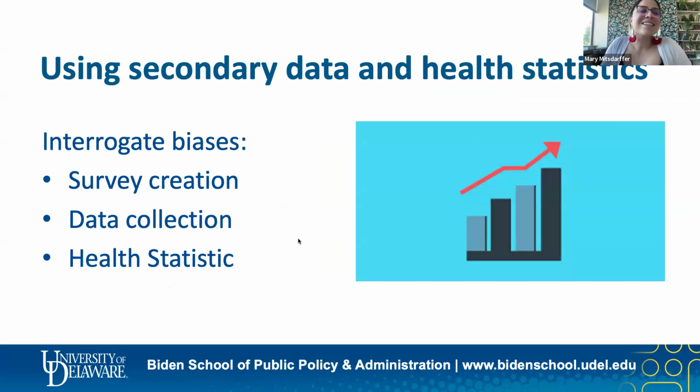If you're using things like secondary data and health statistics, you need to think about the biases that exist with the survey creation itself. Many surveys that are taken off of other research might not be really addressing the population that you're thinking about in total, right? Best practices generally aren't the best practices for everyone, right? There needs to be tailored methods towards the population that is in front of you. So if you're reading through a question and you're like, who wrote this? Adapt that question. Make sure it's going towards the community that you're really going towards, or make sure that the language is accessible towards the community that you'd like.